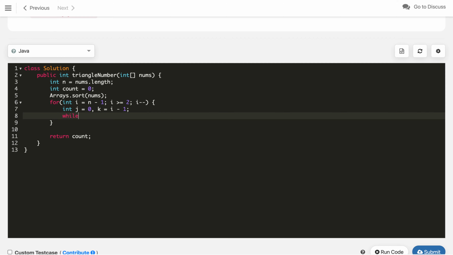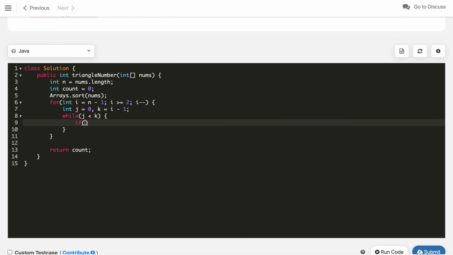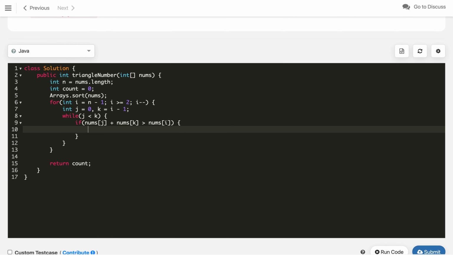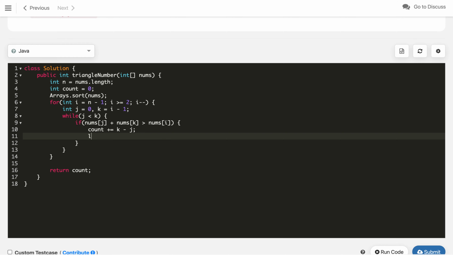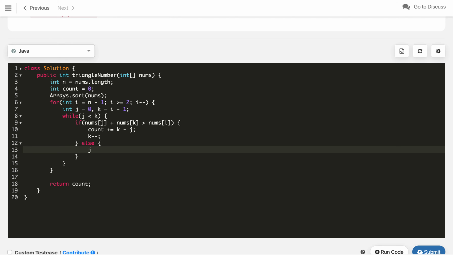Now we will run a while loop while j less than k and check the condition: if nums of j plus nums of k is greater than nums of i, in that case all of the numbers from j to k form valid triangle triplets, and we decrease k by 1 over here. Else we just increase j by 1. So that is the solution.